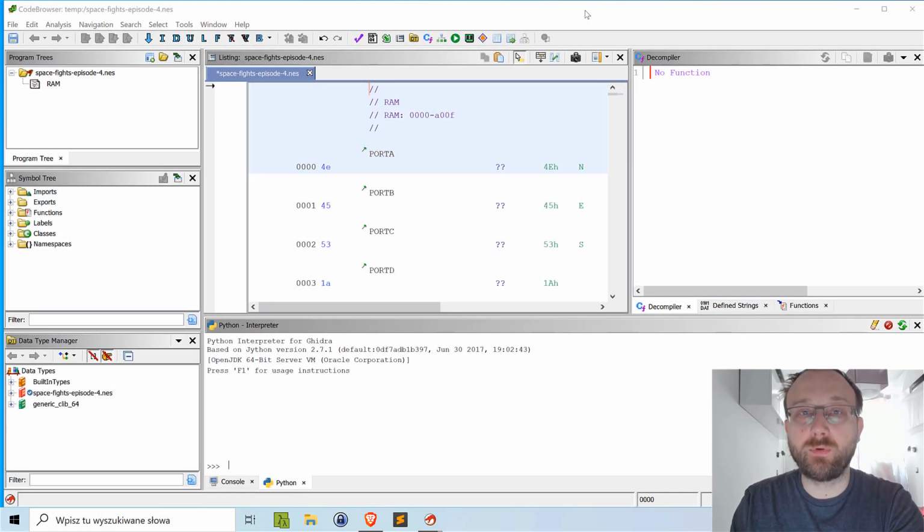Hello, today we'll be scripting Ghidra. So if you haven't seen my last video, it was where we solved this space fights challenge for NES emulator, and in that challenge we had to do a lot of manual memory layout management in Ghidra. So in this video I will show you how you can automate that and do it much faster and in